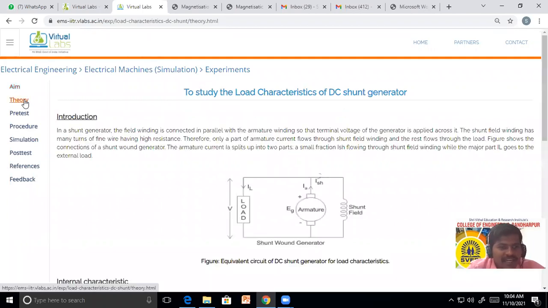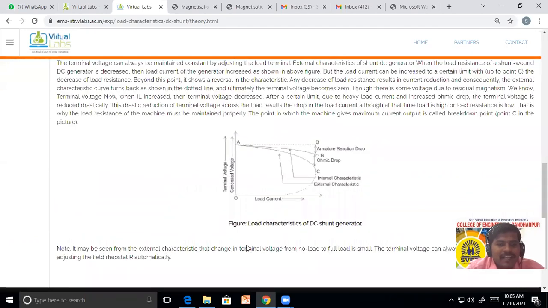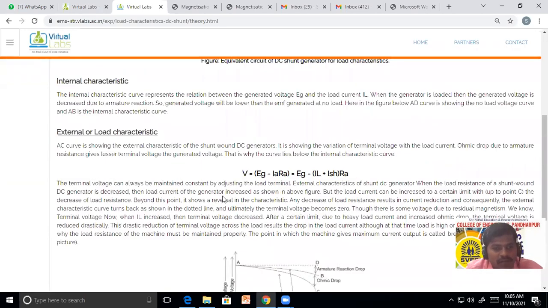See, similarly in the theory we have already discussed the load characteristics, that is the internal characteristics. This characteristic is plotted as the induced EMF on load condition, and the induced EMF on load condition while armature reaction is taken into effect, versus armature current. And the external characteristic is plotted as the terminal voltage V versus the load current IL. Terminal voltage V versus the load current IL. So the connection diagram for that is similar. We have already discussed it in the theory. आपण theory मध्ये discuss केलेले connection diagram.